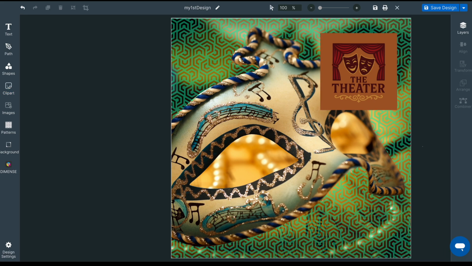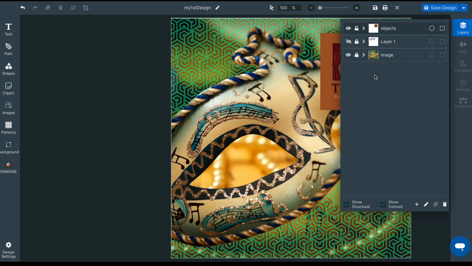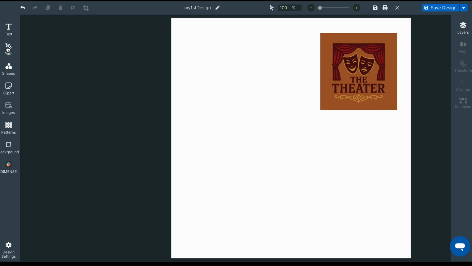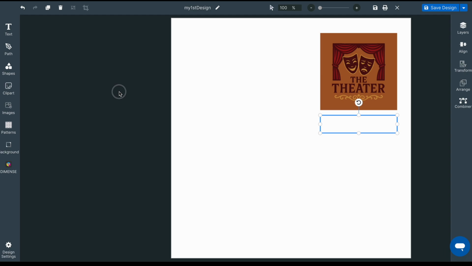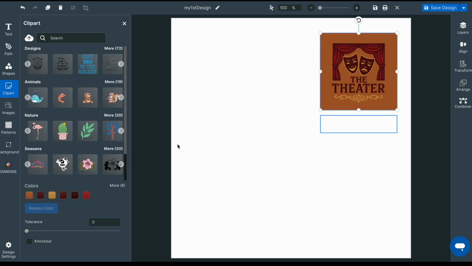I'd like to have a splash under the theater logo to provide some information. For a better view, I hide the layer containing the image, and from the Paths tool, I am going with a rectangle. For the color of this rectangle, I'd like to use a color from the logo. I do not have direct access to this color, but selecting the logo, I can click the color I need, and then I can create the same color by reading the values.